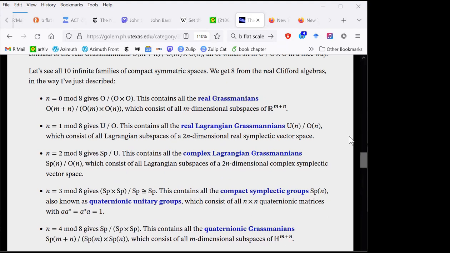These symmetric spaces feel to me like they're kind of dehydrated versions of categories or something like that. A typical one would be a Grassmannian, the space of all subspaces of a real vector space. And just thinking of the space of them, which is this nice symmetric space, is sort of like